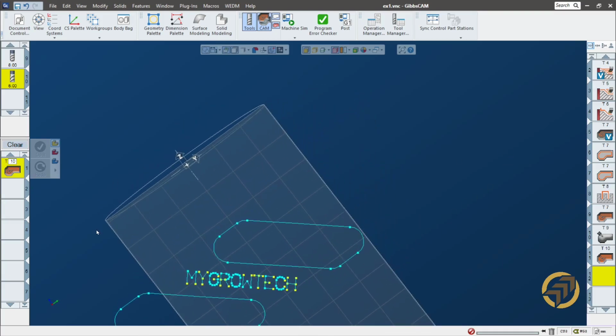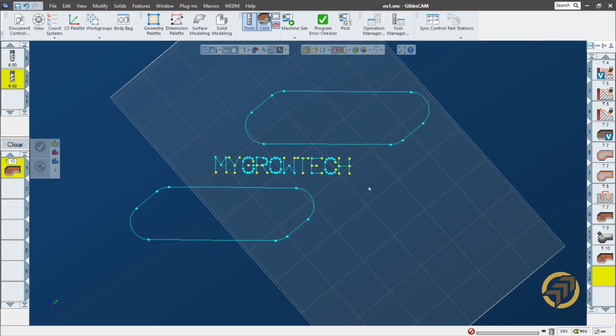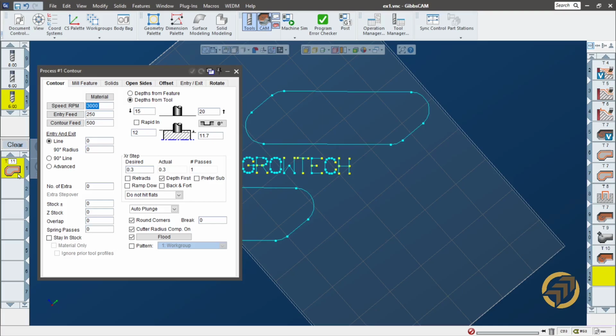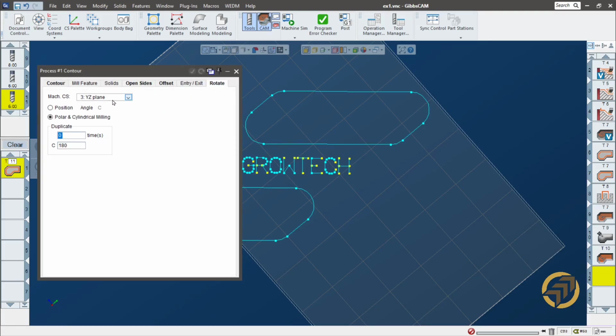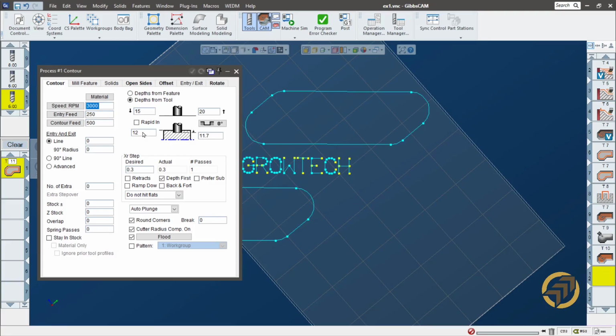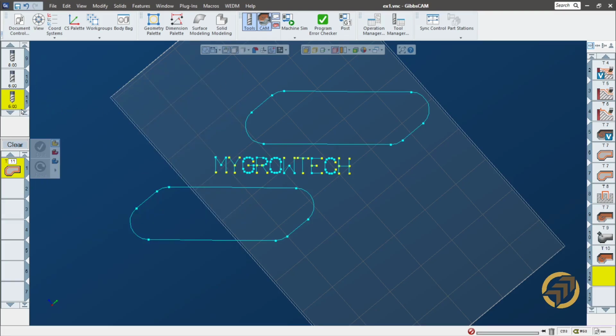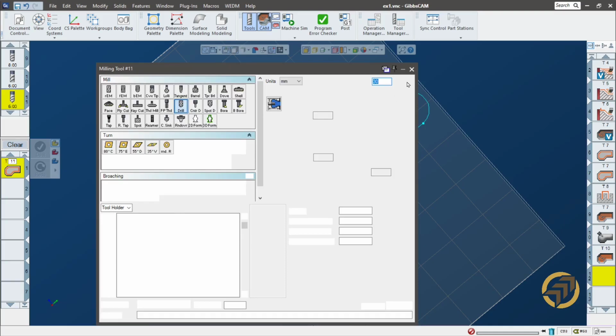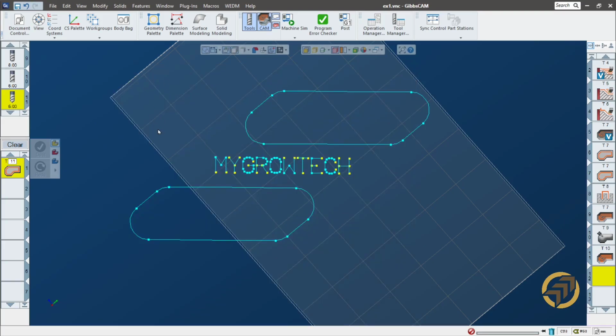Okay. So the next step is to do an engraving here. So I will delete this. Let me load the engraving procedure. It's just a contour procedure, and of course just make sure this is the YZ plane. No copy, zero copy, and the height 12, 11.7 is okay, just 0.3 mm tabs. Nice. And the cutter is a 90-degree cutter, 90-degree drill. And I can use shift key, select all of this contour, and then just click do it,